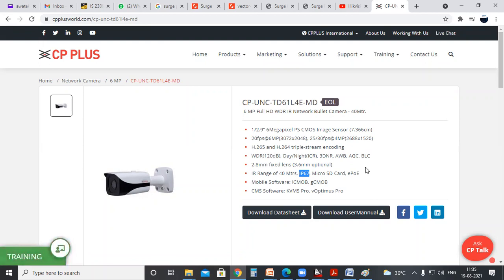What does that mean? IP67 means waterproof and dustproof. Yes. So it has waterproof and dustproof protection, that is IP67. So you can provide this camera outdoor. Okay. And this one is having visuals of around